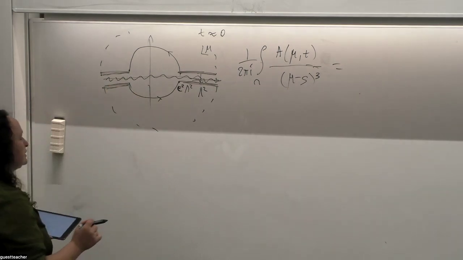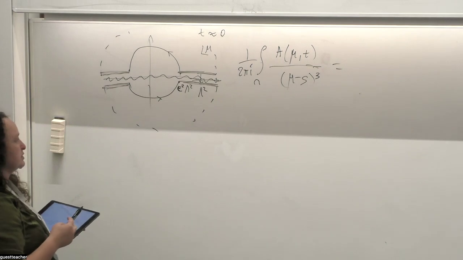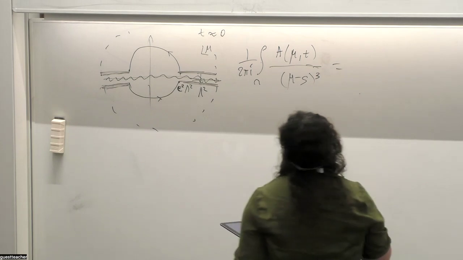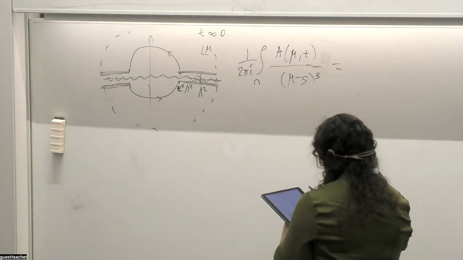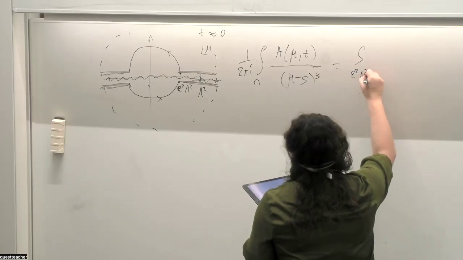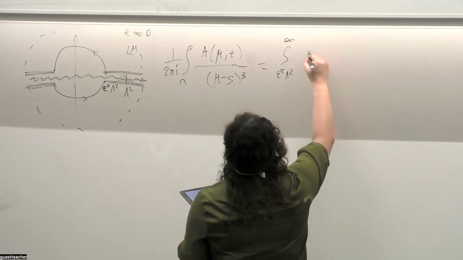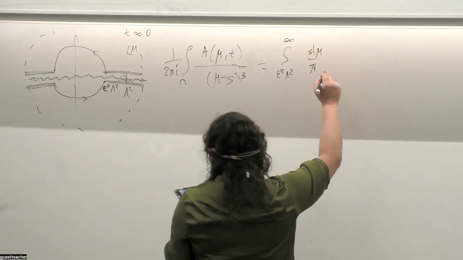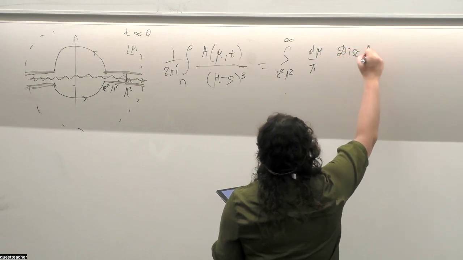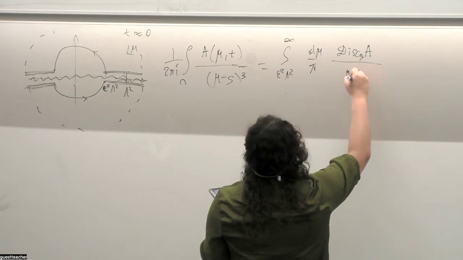Even though it lies in the range where we don't know what the theory is, we know that imaginary parts will be positive. So I can rewrite this integral as the integral from epsilon squared lambda squared to infinity, d mu over pi, of the discontinuity of A over (mu minus s) cubed,